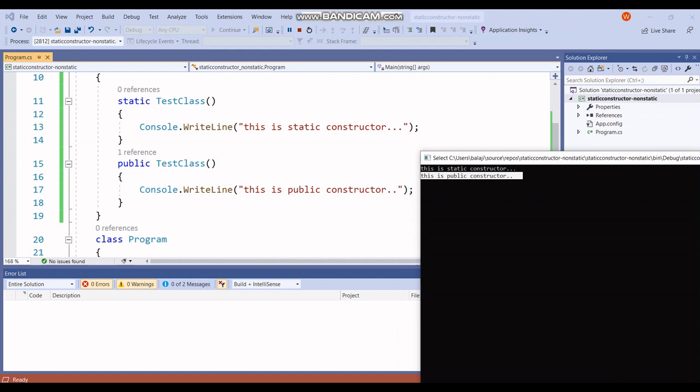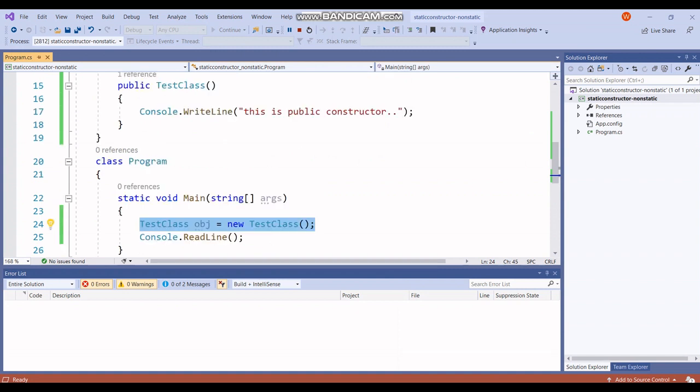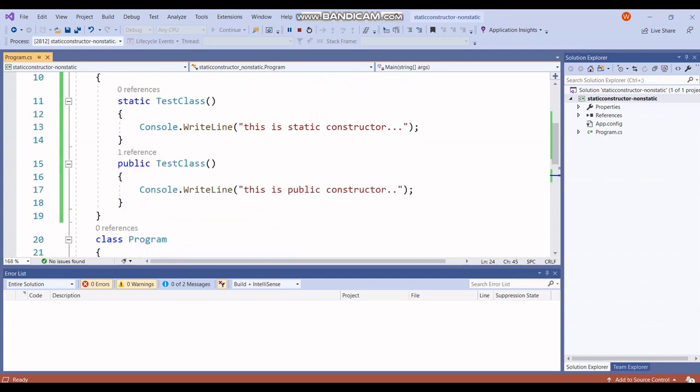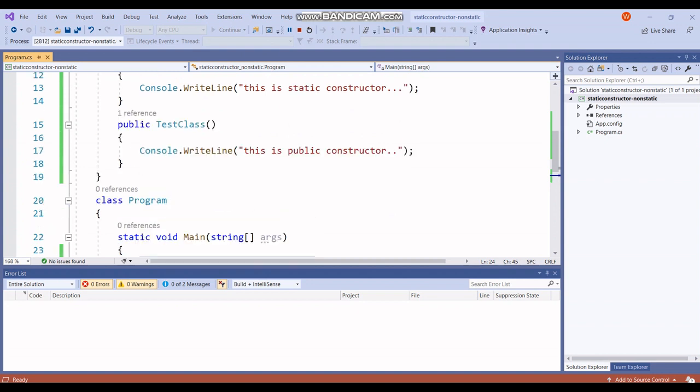But non-static constructor executes only when you create an object of this class, that is the instance of this class that we have created here. Apart from a static constructor, all other constructors are non-static constructors. So when you create an instance of this object, then only you can invoke the non-static constructor.